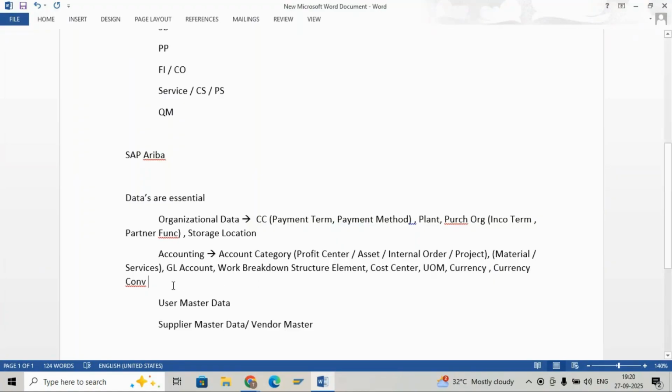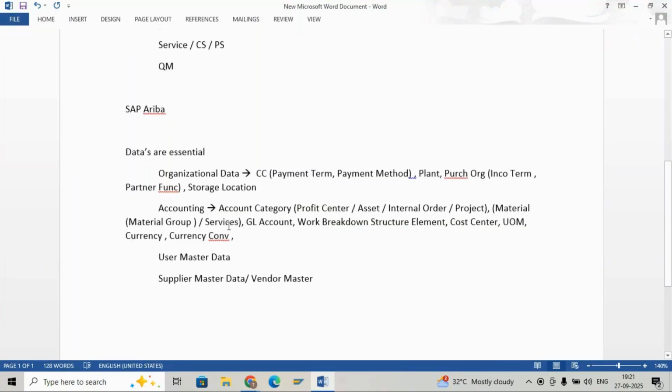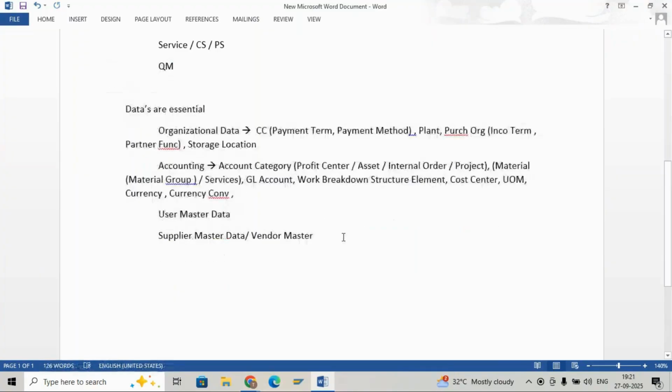And then material master. So I mentioned here material. So under material, you will have material group, all material group. So here, these are all the data needed to run any business, right? So without this data, you will not be able to do. The same we need to apply in Ariba also. In Ariba,